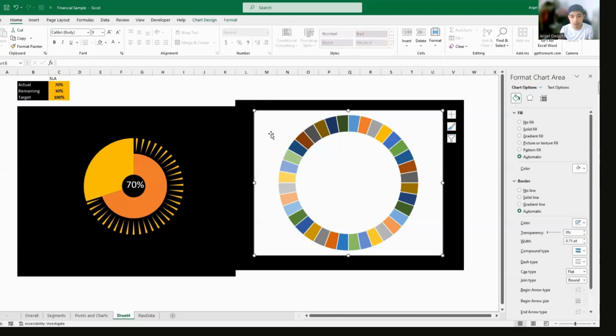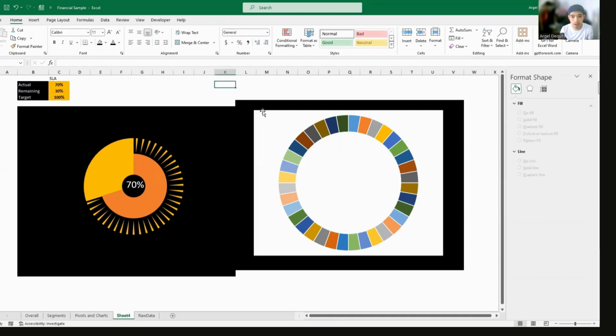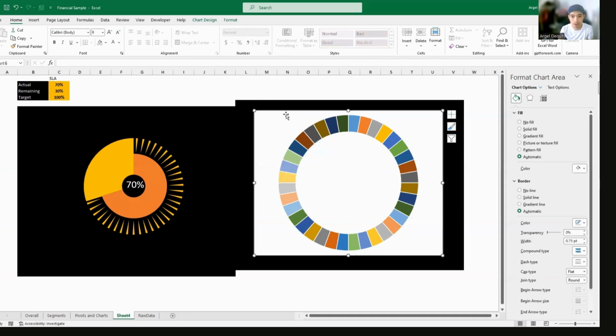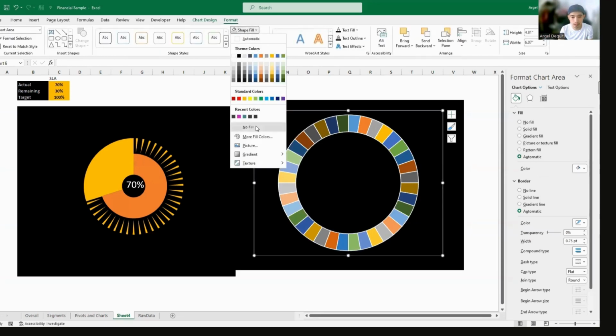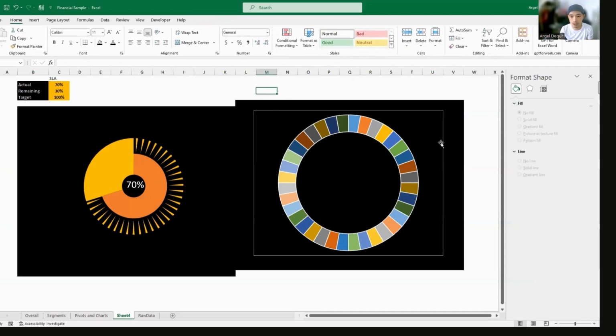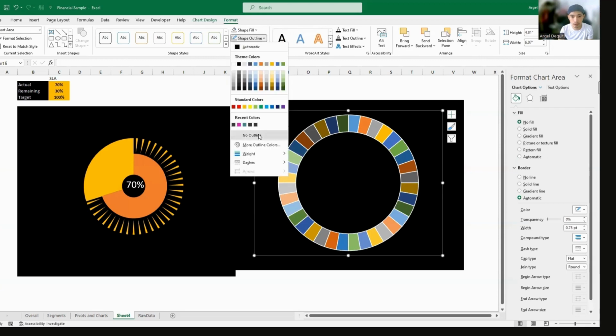Now the next thing is to remove this white background by clicking on the entire chart area first. So there are two outer lines that you will see. You will notice that this box here has an outer line, and when you click the chart itself, it'll give you another line. So make sure that you're clicking on the right area, and now click on Format, go to Shape Fill, and No Fill. Next, let's remove the borders. Click on the chart area again, Shape Outline, No Outline.